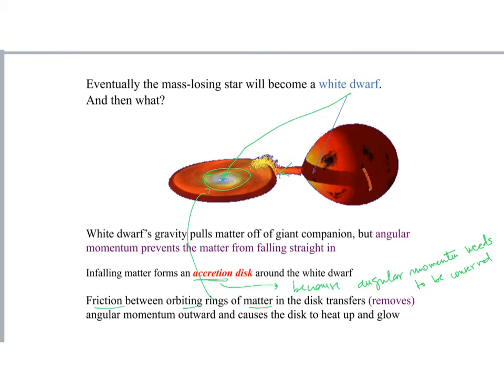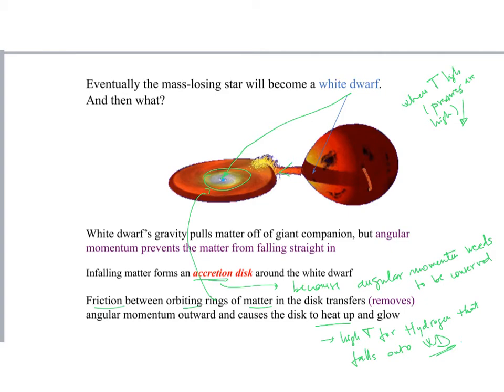Okay, so now we have high temperature for the hydrogen that falls onto the white dwarf. Now, you should recall that when temperatures are high, and in this case also pressures are high as well,